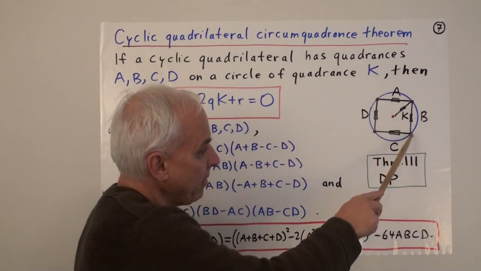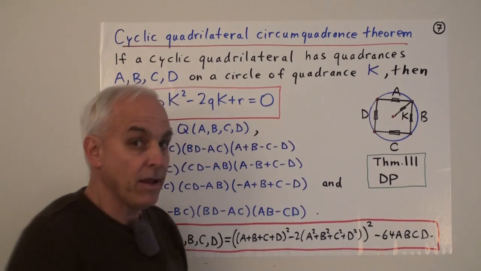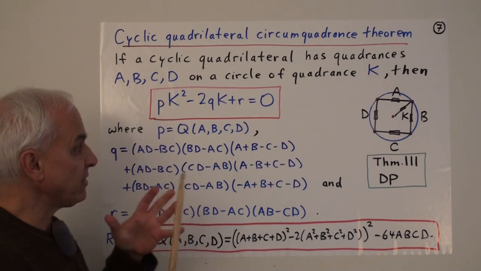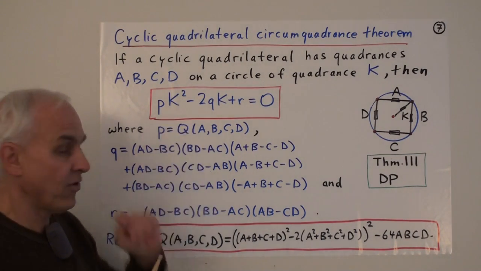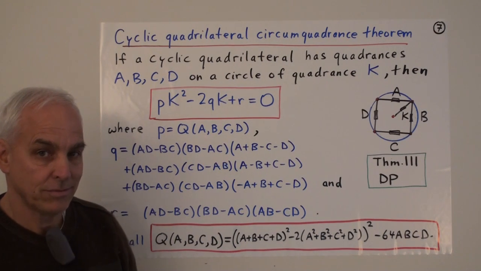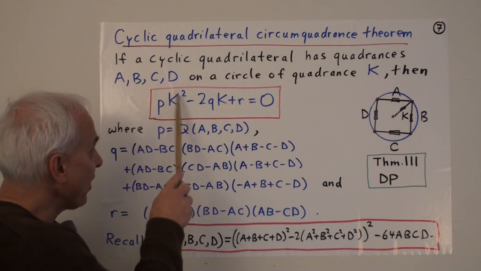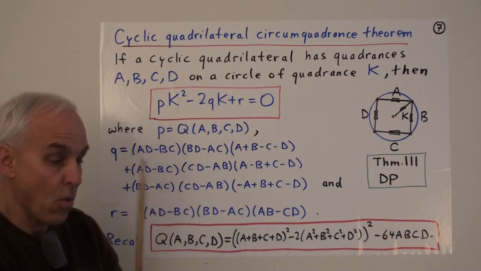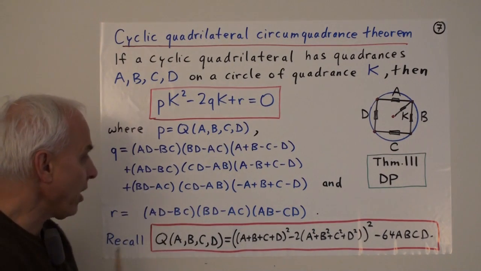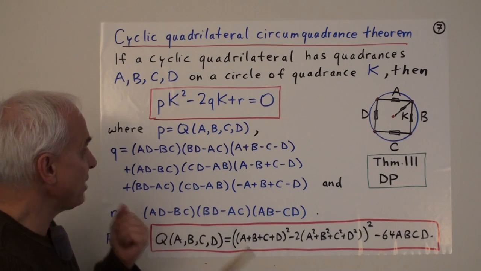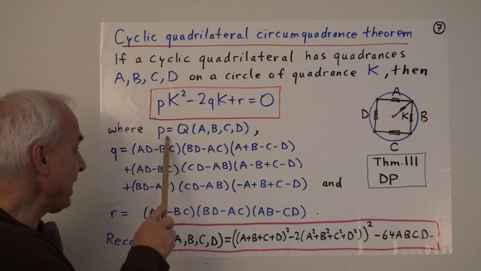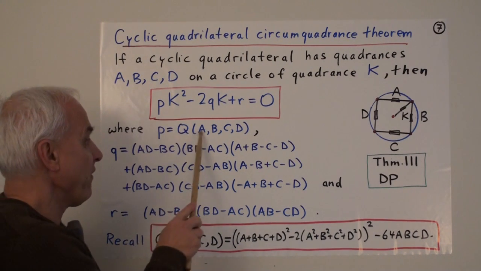Quadrances are capital A, capital B, capital C, capital D. Then the relationship between these five things is given by this algebraic equation. P times k squared minus 2qk plus r equals 0, where p, q, and r are expressions obtained from the four quadrances. P is Q of a, b, c, d,